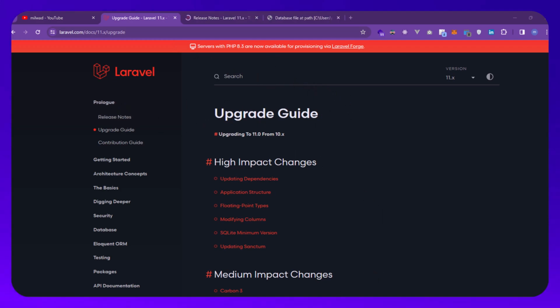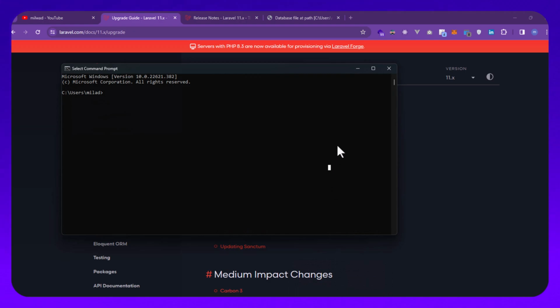create a new project. If you want to create a new project and you are using Composer, you can write composer create-project laravel, and your application name, for example laravel 11, and press enter to install Laravel 11. If you are using the Laravel Installer,